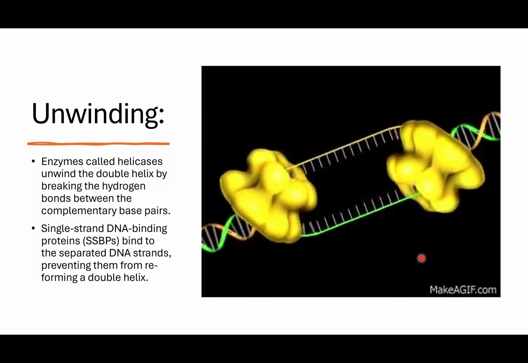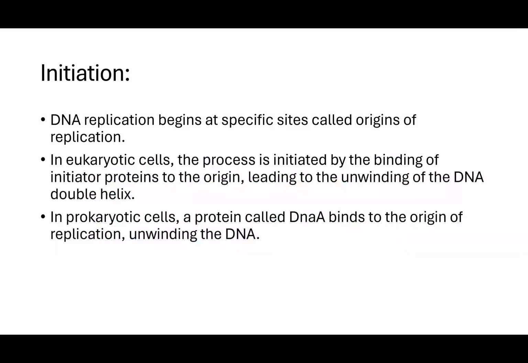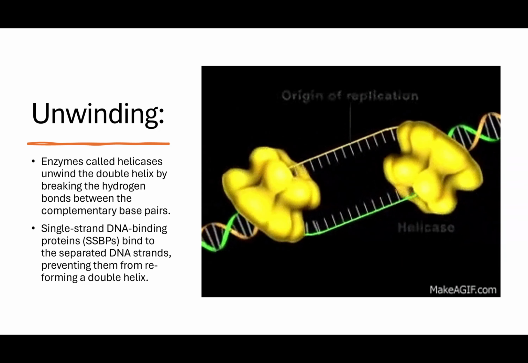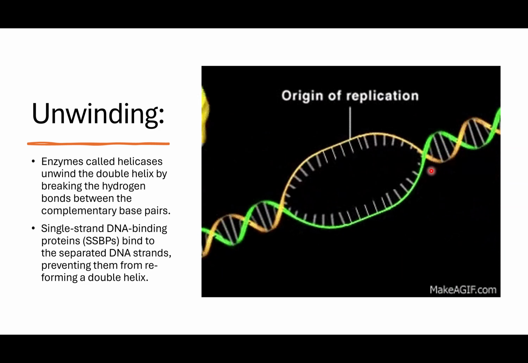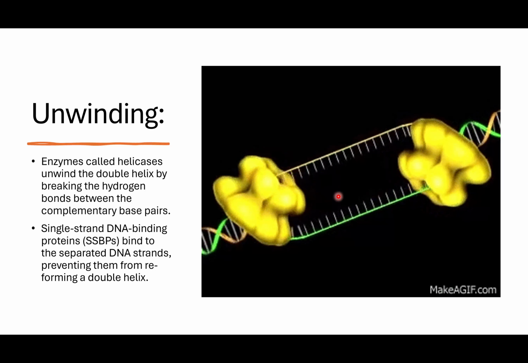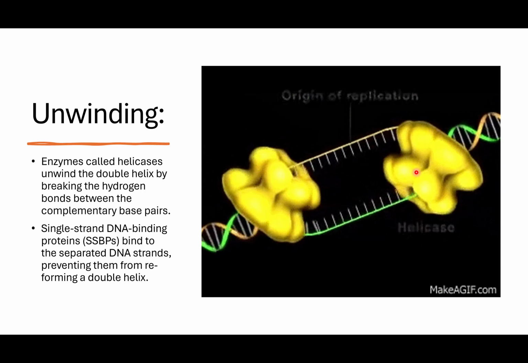So for DNA replication, what we're basically going to be doing is chilling in interphase for a while, and then we are going to be preparing for some amount of DNA replication. So we're going to have our initiator proteins binding to the origin, and then causing our helicase to come in to break those bonds. And we're going to have single strand DNA binding proteins that will bind to make sure that the hydrogen bonds are not replaced,